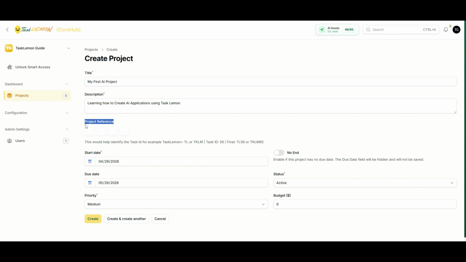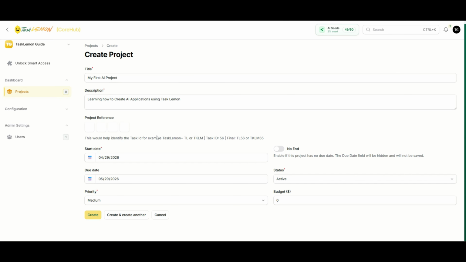Your project reference can be left blank. You do not have to input anything in here, but if you would like to, you can. You can have up to 4 characters, 3, 2, or even 1, or like I said, blank. What the project reference does, it is a task ID that helps you identify which task you're referring to. And as we jump more into the more advanced AI tutorials, you will see it becomes extremely helpful to have your task ID rather than for you to type the full title of the task or explain what the task is about. For the sake of tutorial, we're going to put down AI